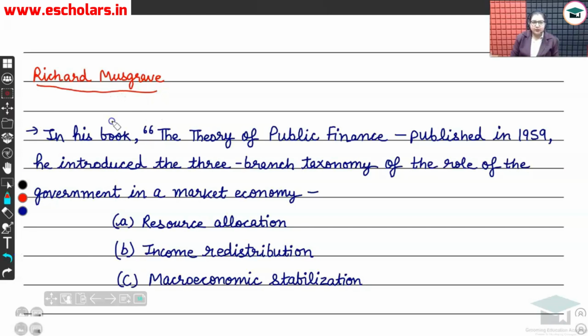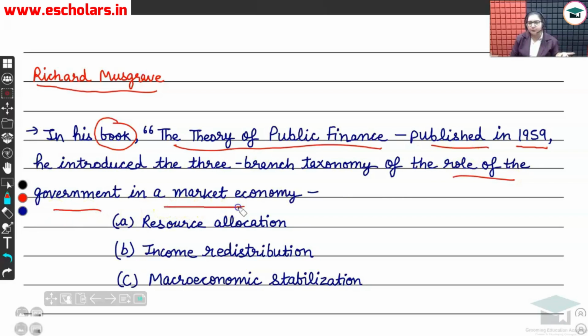See students, the book The Theory of Public Finance, published in 1959, was the book of Richard Musgrave. In his book, he described the role of the government in a market economy in a very detailed way. He basically introduced the three-branch taxonomy of the role of the government. That is, he divided the functions of the government to be performed in a market economy into three branches, and those were: